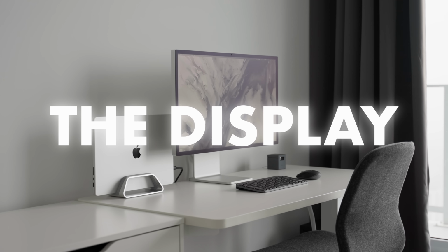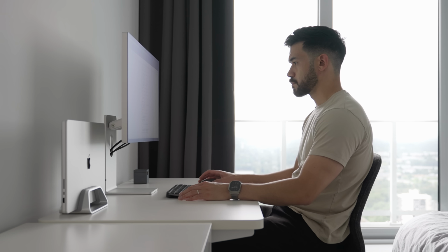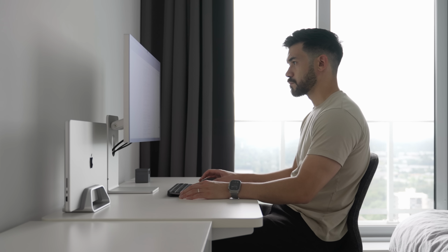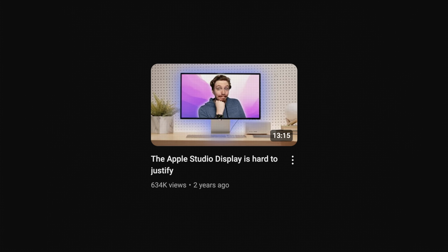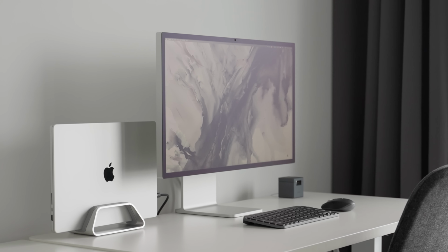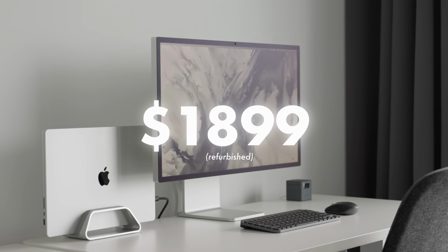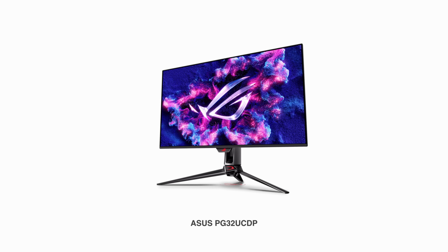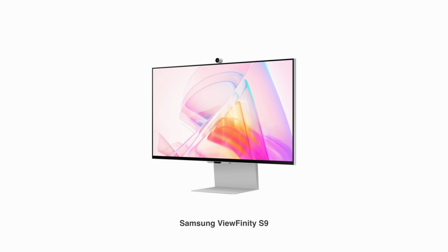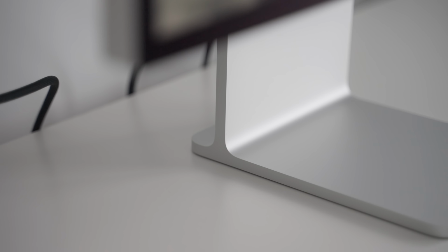But for when I do need to knuckle down at a desk, I decided to try out a refurbished Apple Studio display for my new hybrid setup, despite almost the entire internet calling it overpriced. But the one thing that drove me to make such a silly purchase decision is that I simply can't find a monitor that's decent enough that actually looks good, as almost everything is either too gamer focused or way too plasticky, where the build quality of Apple monitors is currently unlike anything else that's out there,